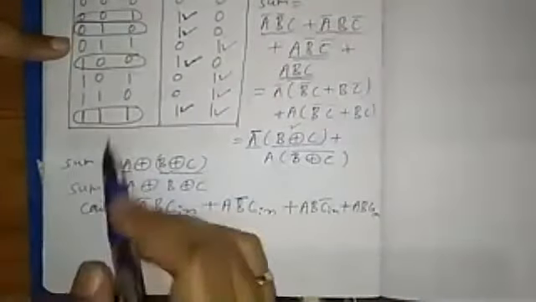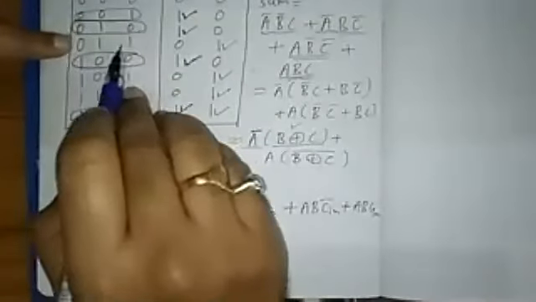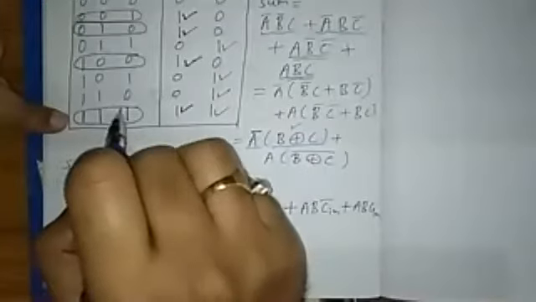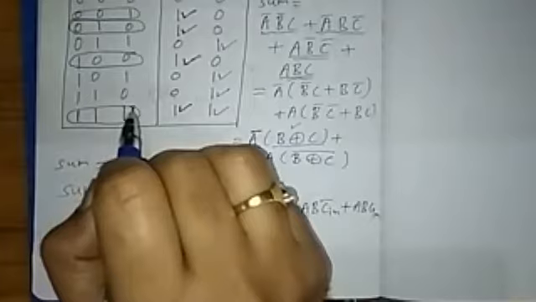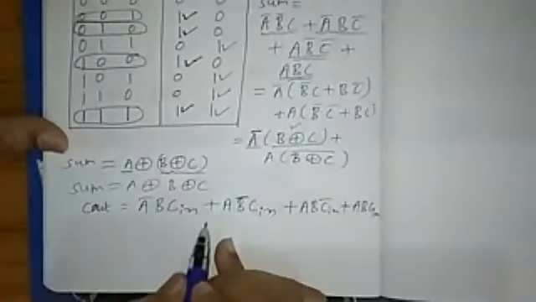Otherwise, for sum, if any one of the inputs is one, or all three, meaning an odd number of ones, you will get the sum. In this case, I am telling only for full adder. Okay, for that I am getting A XOR B XOR C for the sum, and now this also I can simplify further. Okay, if I solve this,